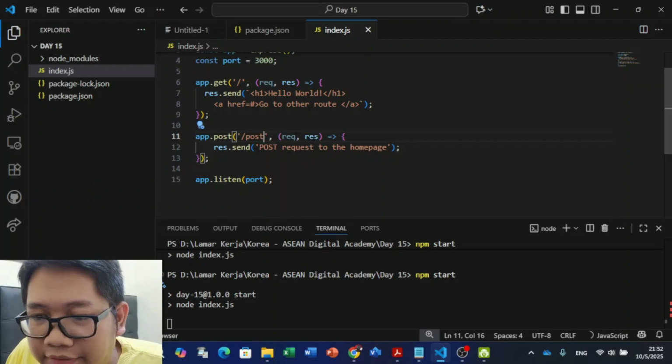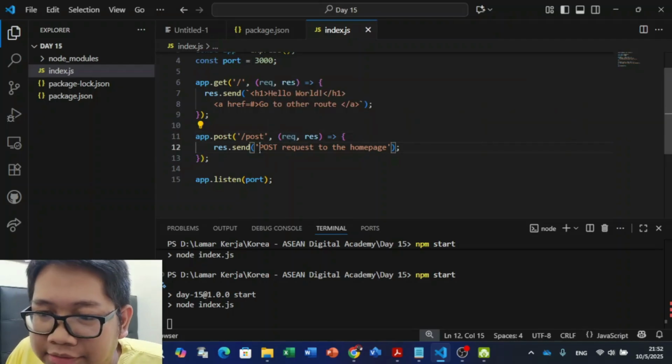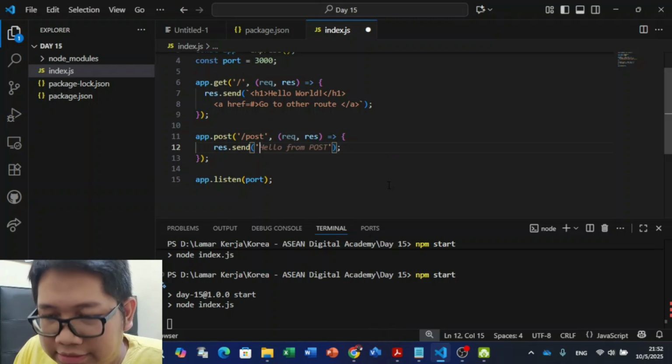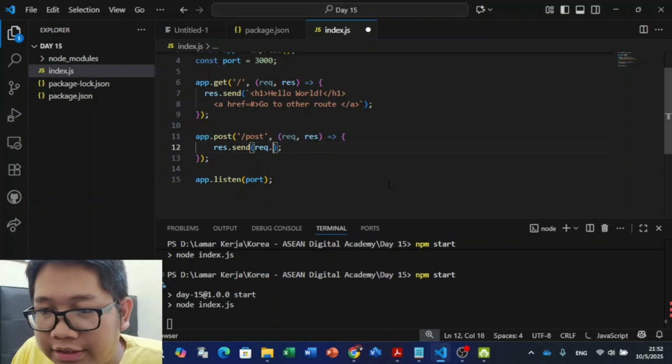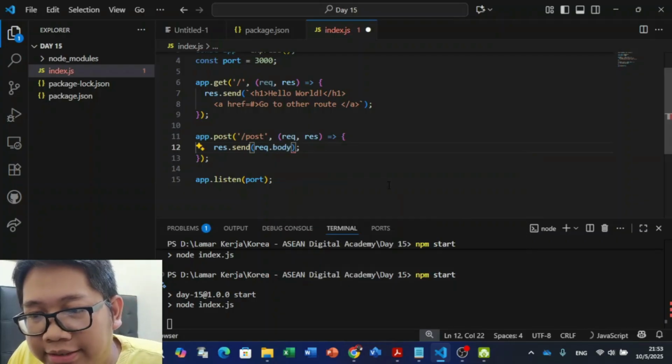Because this needs to have request and response, we can just use something like request dot, let's see what we can get here, request.body.